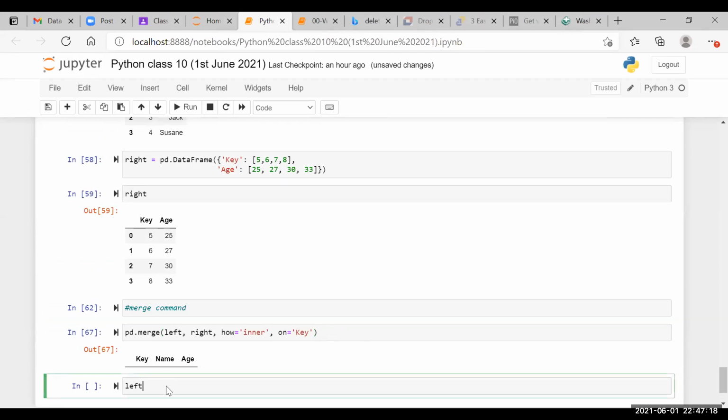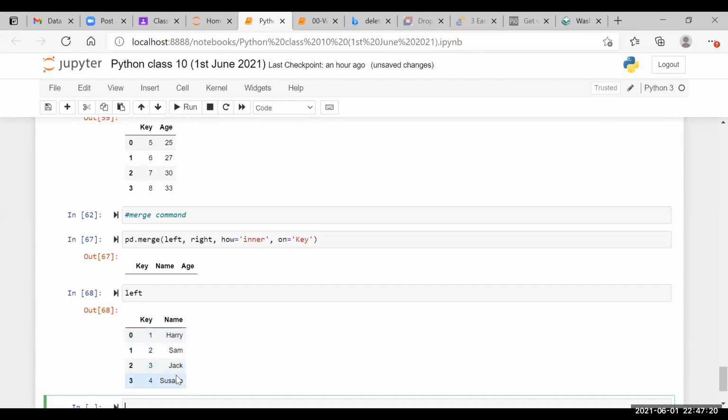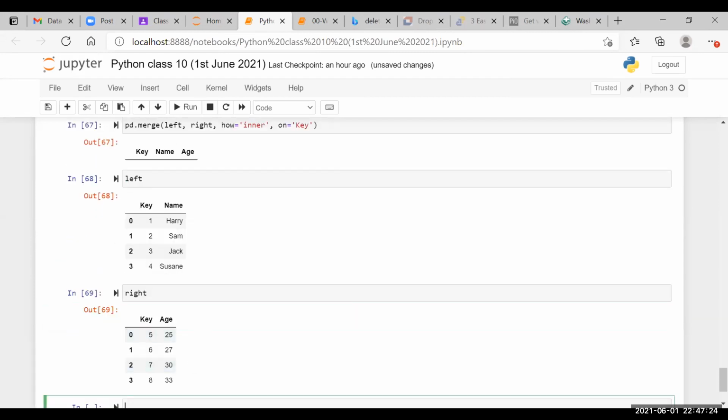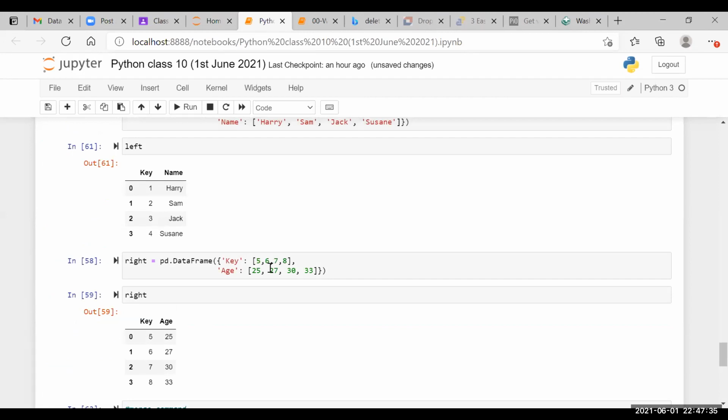The tables are fine. Left is fine, right is also fine, key and age. No, your keys are not matching now. You are using 1, 2, 3, 4 and 4, 5, 6, 8. We are making an inner join, so the IDs are not the same. So just change it to 1, 2, and yeah.